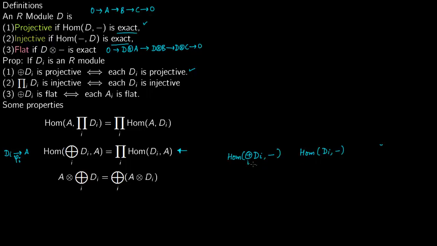So let us see this. We're going to apply this to this. So say if this is exact, this module is projective means that this functor should be exact. So you will get Hom of